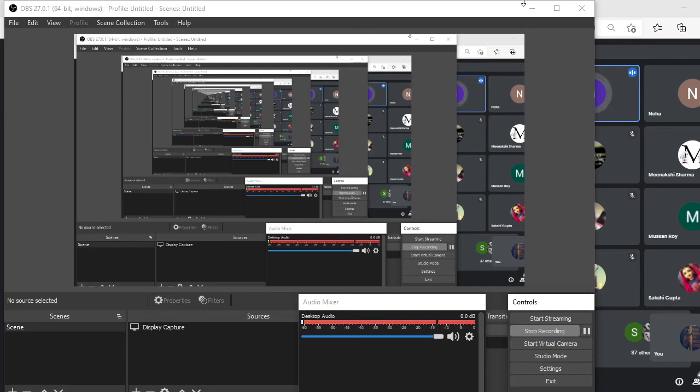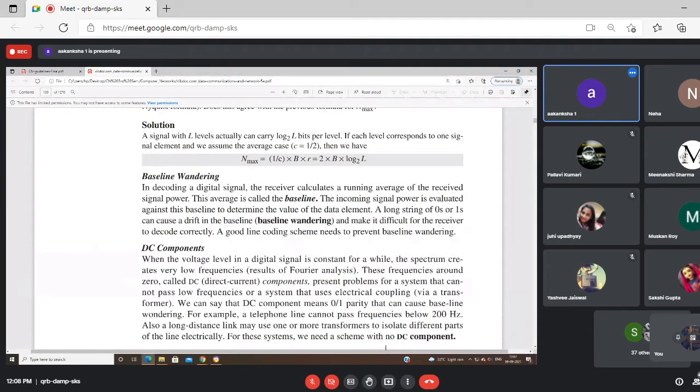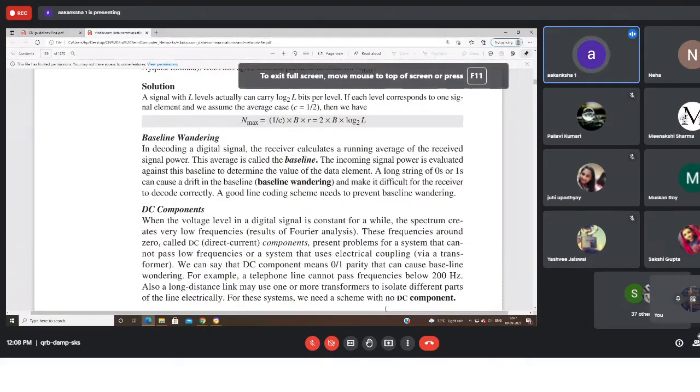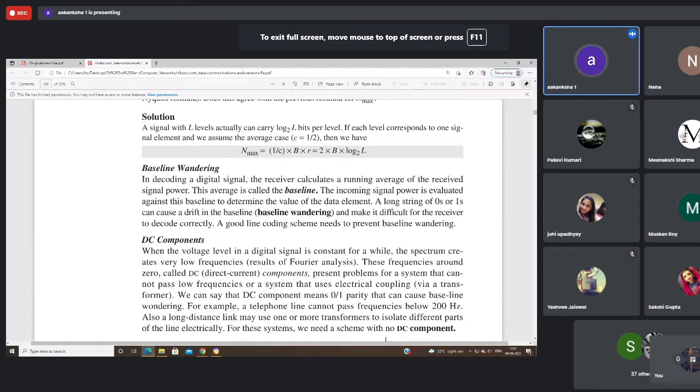Average signal power is basically drifting. Sometimes it is 0.5, sometimes it is 0.9, and sometimes it is 1. So when it is near to what we want to receive and what we are expecting to receive, that is the average power received by the digital signal is basically changing from time to time, from signal to signal.